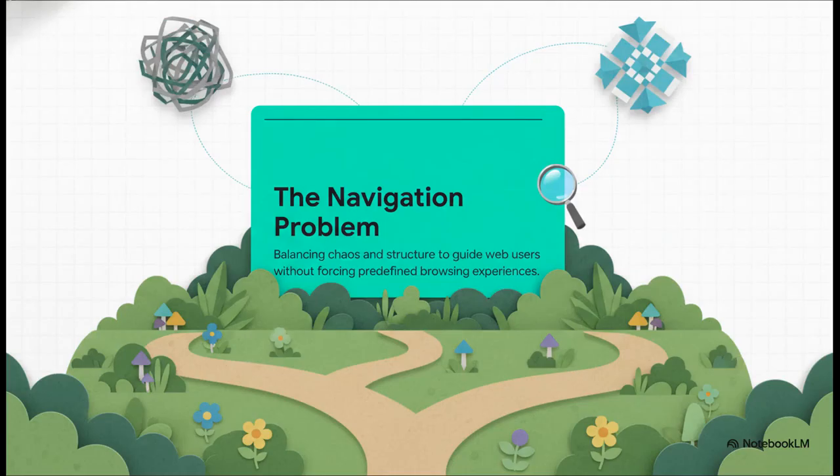Which brings us back to a challenge that's literally existed since that very first 1998 essay, the navigation problem. It's this eternal struggle to find the perfect balance between chaos and structure. Like, you want to give your visitors enough guidance so they don't get completely lost in the weeds, but you also want them to freely explore without forcing them down some rigid, predefined path. Basically, digital gardeners want to create a pick-your-own-path experience for their readers, totally moving away from that top-down control.